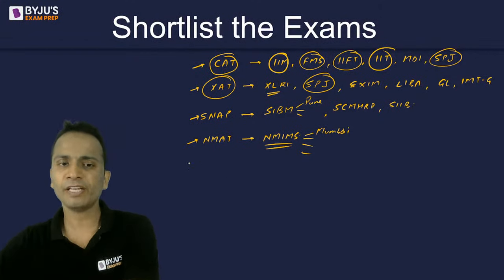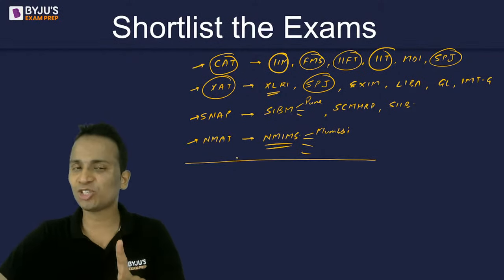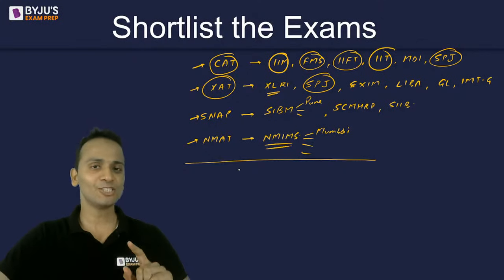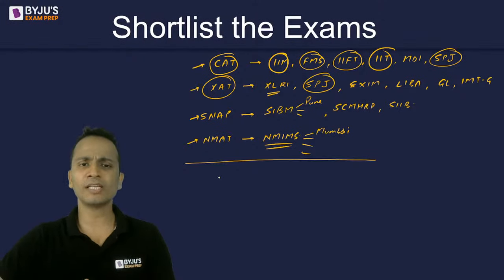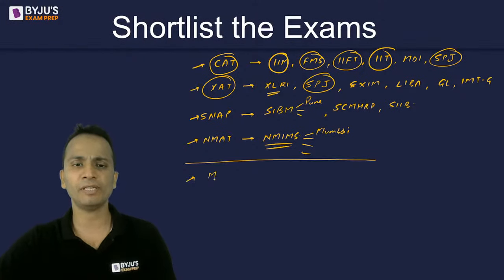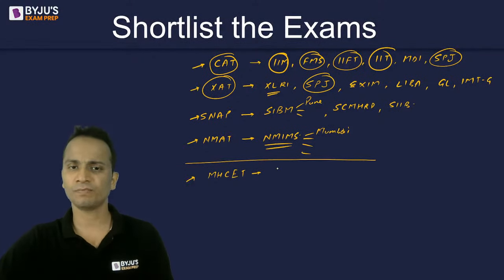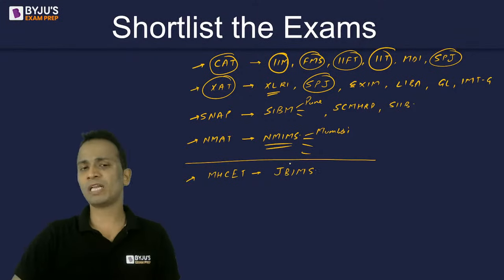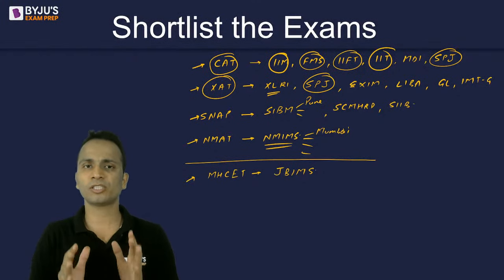Now we don't have the IIFT examination this year. So this list ends here. No, actually not. This list does not end. Like at the beginning, I've told you this is a never ending list. So after this, you can keep some other examinations like MHCET, Maharashtra CET. It's a very important examination if you are looking to take admissions in one of the best B schools in the country. The name is Jamnalal Bajaj Institute of Management Studies. So yes, Jamnalal Bajaj can easily come in the top 5 or top 6 colleges of